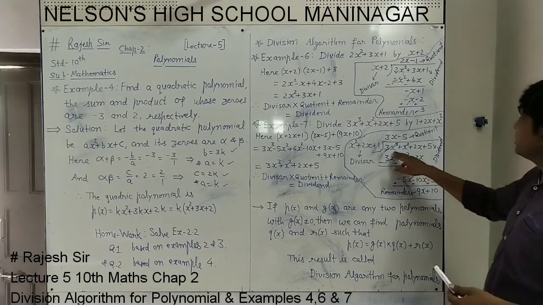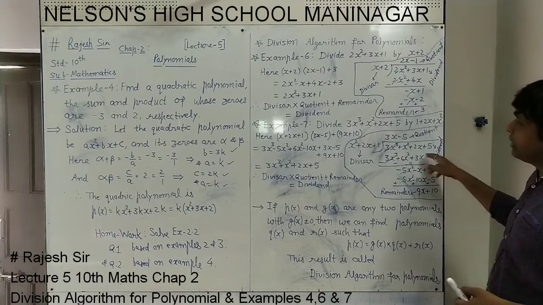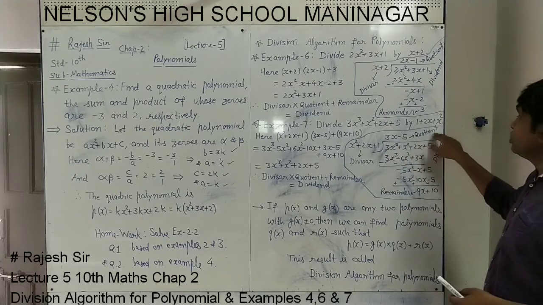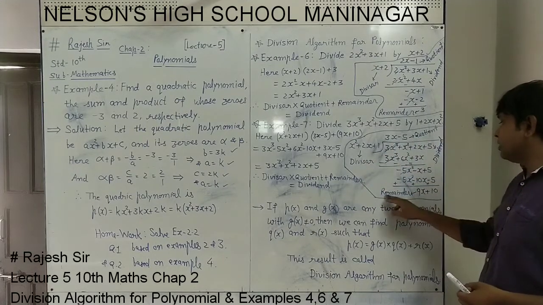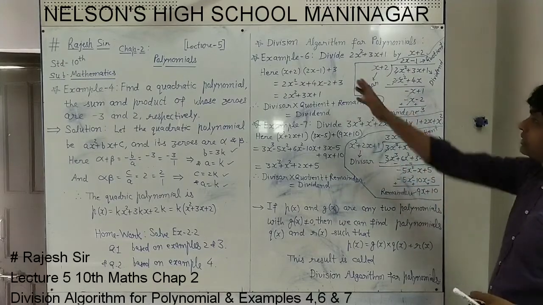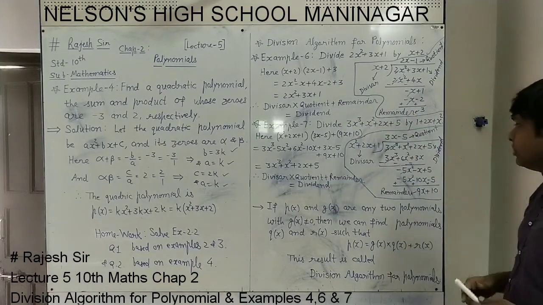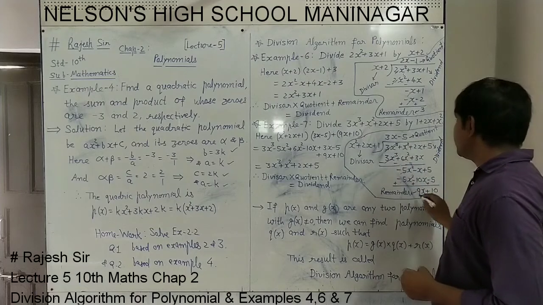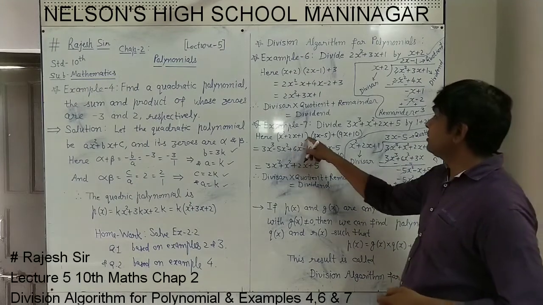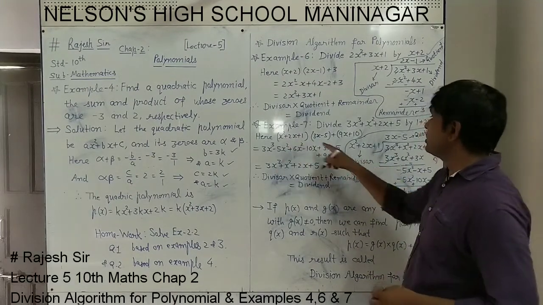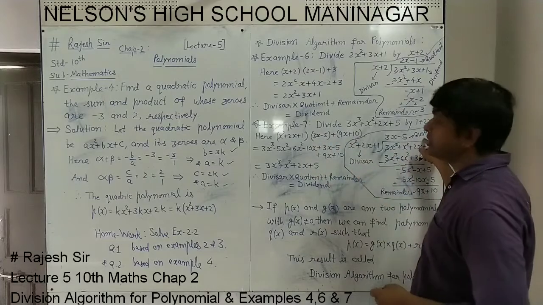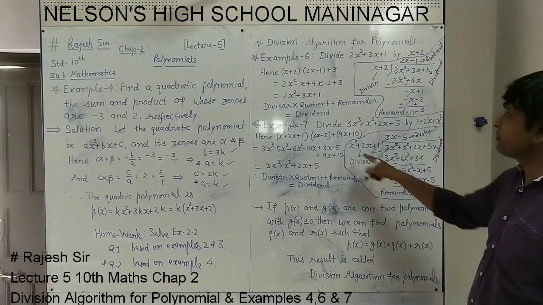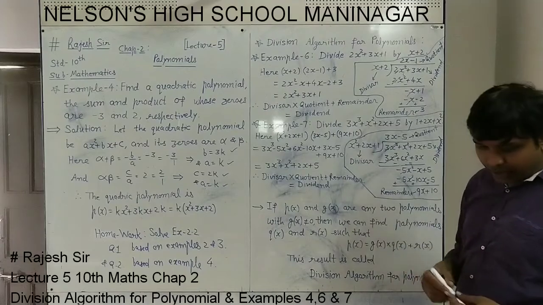The given one is the dividend, by which we have divided is the divisor. The answer whatever you got is the quotient and the remaining one is called the remainder. Again we will check this, which we have done in example 6. We will do divisor into quotient plus remainder. This is the divisor, x square plus 2x plus 1. This is the quotient, x minus 5, we got, and plus this is the remainder we have written. Now doing this, what happens, see,